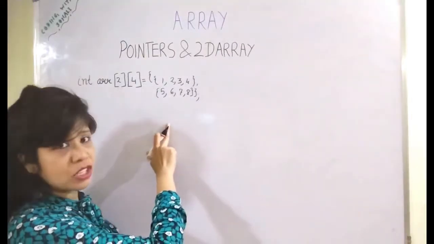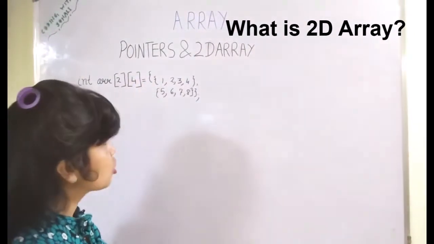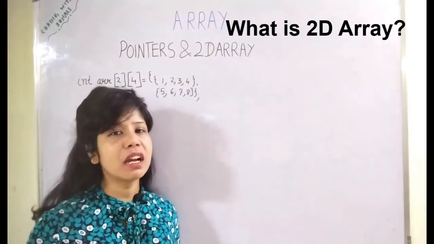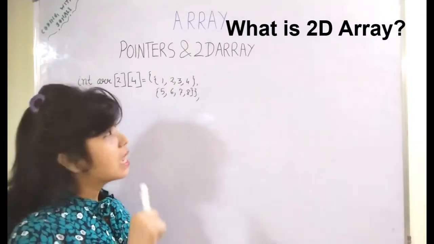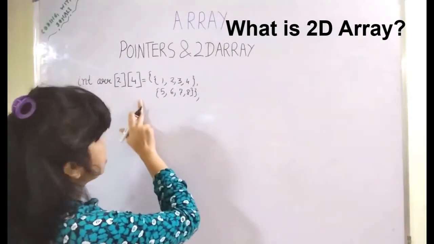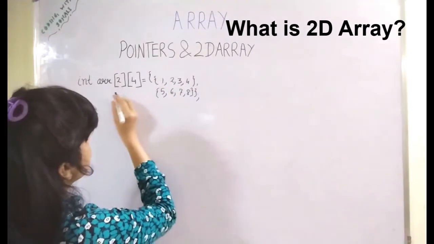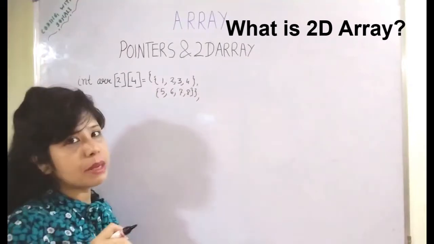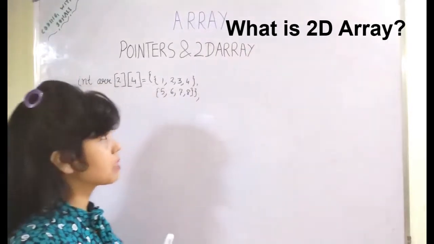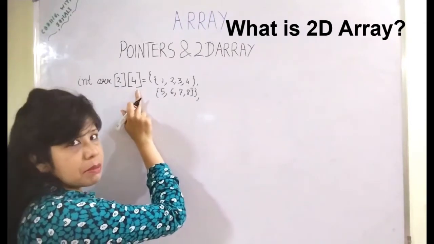To revise quickly, the 2D array is a collection of elements placed in contiguous memory locations one after the other in consecutive manner, and these elements are of the same data type. The elements in the case of the 2D array are themselves 1D arrays. Why does the name come as 2D? Because it has two dimensions, it has two subscripts. The first subscript represents the number of rows, and the second subscript represents the number of columns.